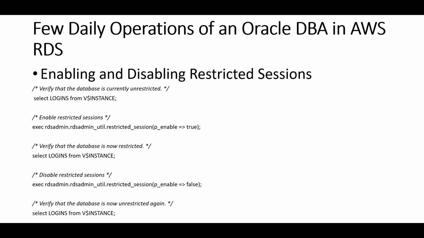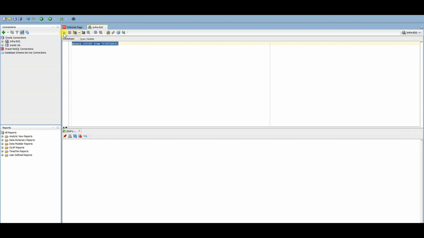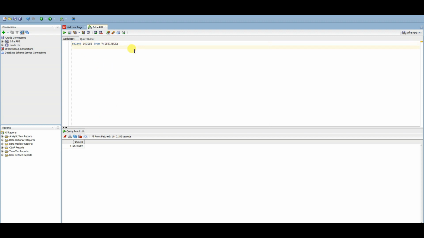And how do we enable and disable restricted sessions? Let us perform this. So let us first see what is the current condition. So right now our logins are allowed. We need to restrict the same. So how do we restrict the same?